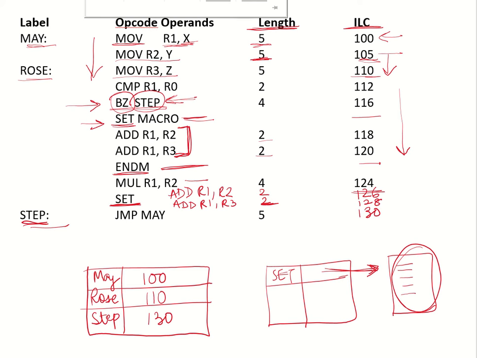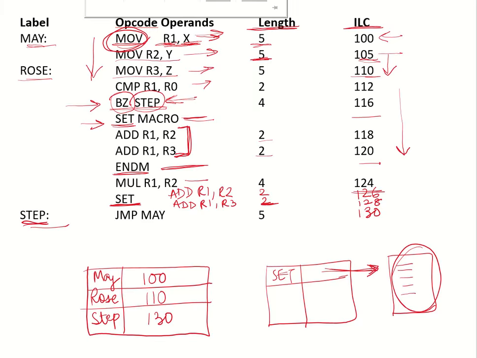In the pass 2, when it comes to the first instruction, move will be replaced by the opcode. So the assembler will check the opcode table where all the opcodes are available. So move will be replaced by its binary, R1 will be replaced by its binary address, and X, which is the immediate value that has been provided in the instruction, so the binary of that immediate value will be put. So this has been converted into its binary. Now the next instruction will be converted, and so on. So all these instructions will be converted.